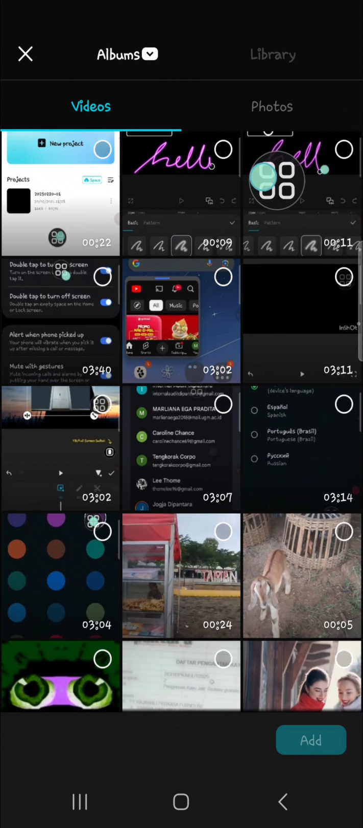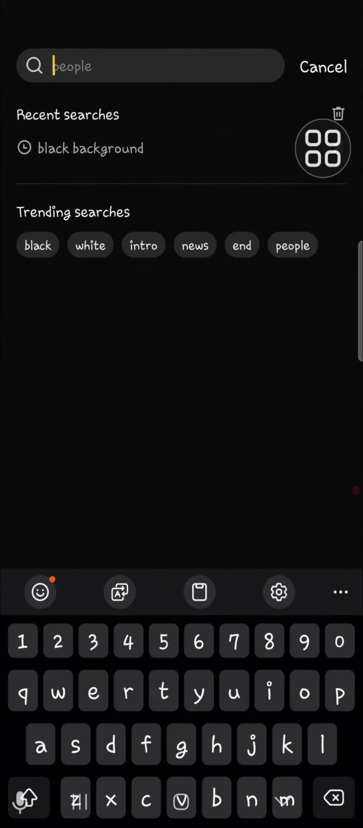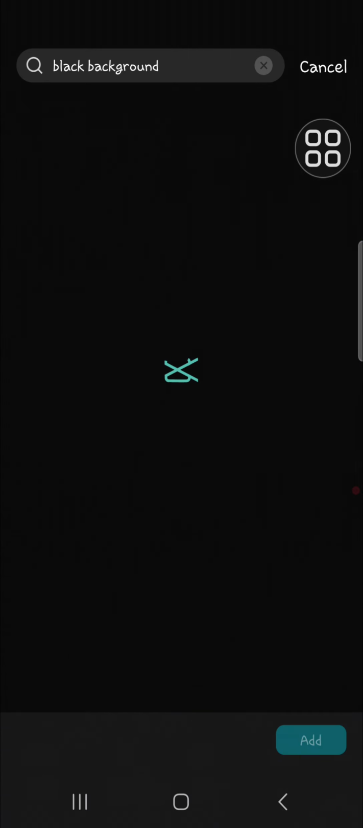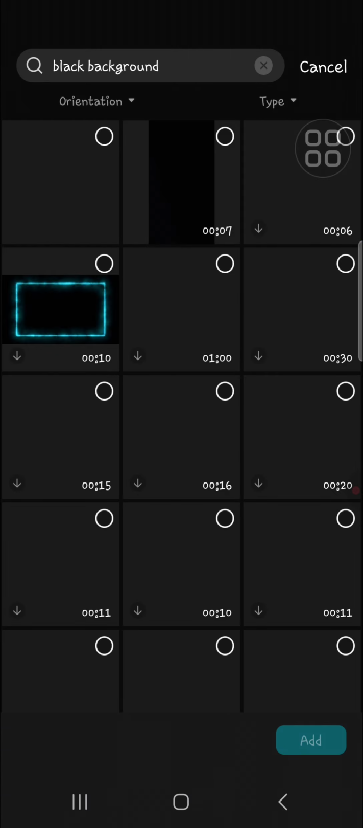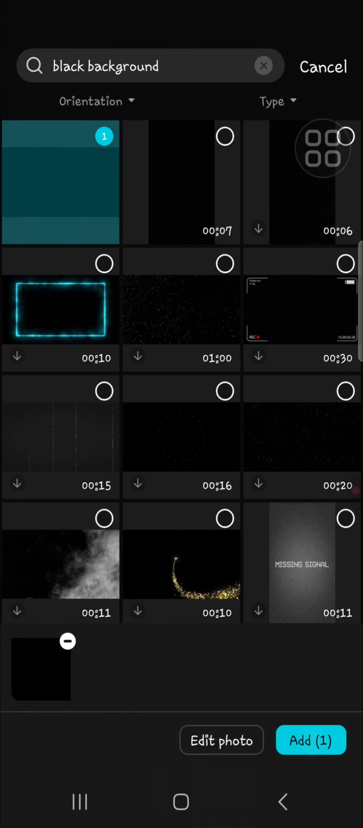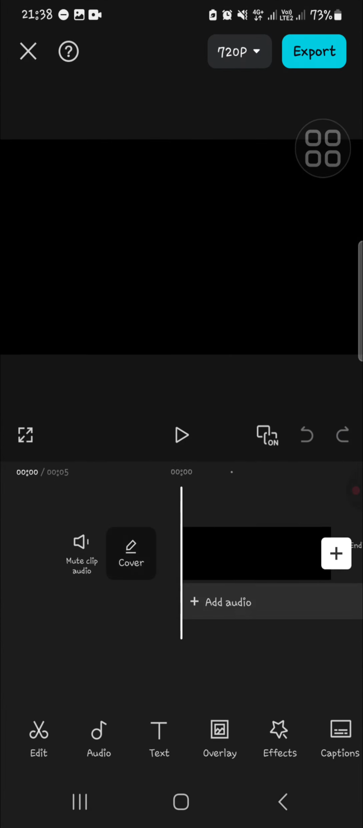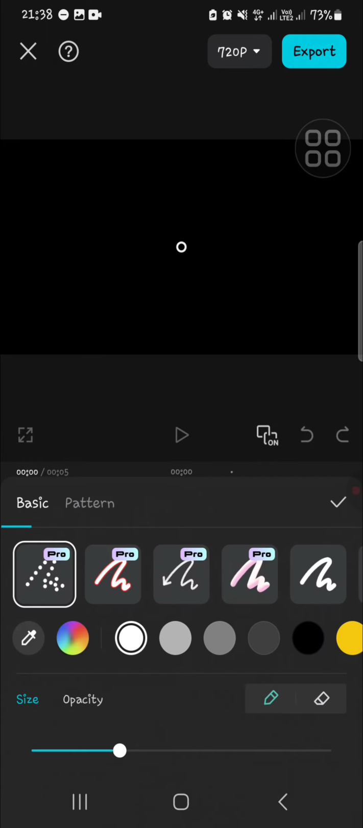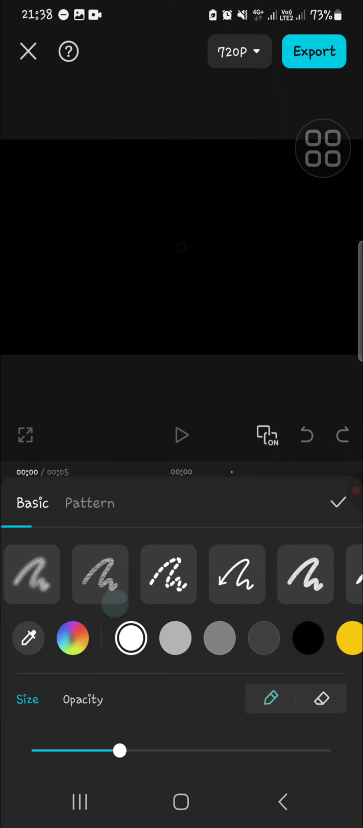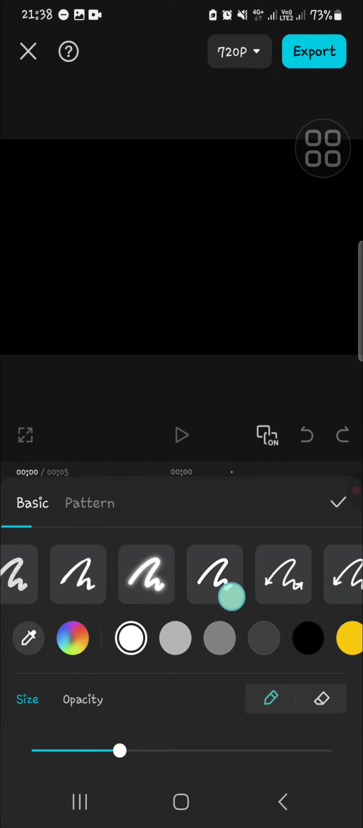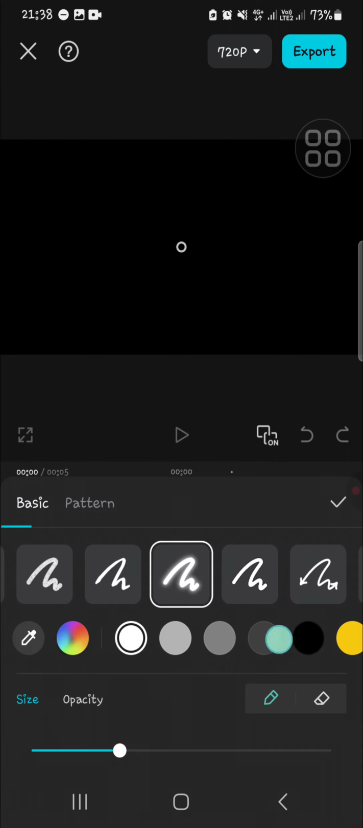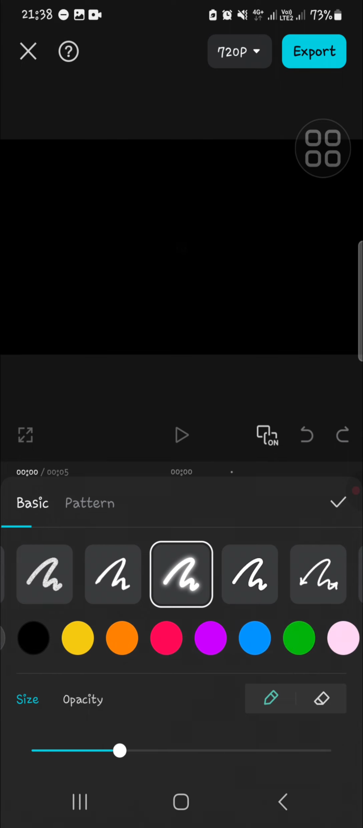And then I'm going to go to the CapCut library and add a black background. For example, I'm just going to add this one to my project. And then we can go to the text and select Draw. You can choose the type of pen you want to use. I'm just going to use this one and choose the purple color, and then we can